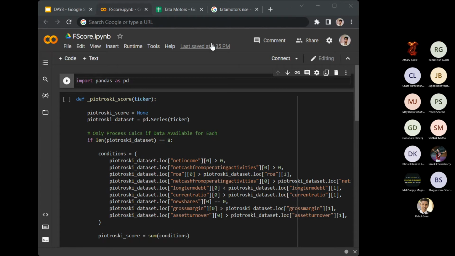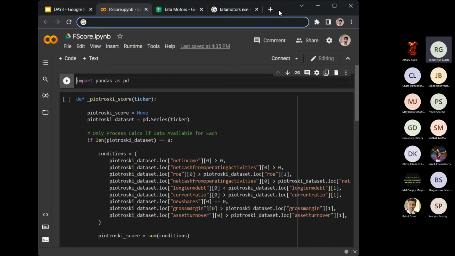Could you please repeat that? By calculating PE in the spreadsheet, I have taken the max of two numbers, that is zero and share price divided by earning per share. So if somehow the earning per share gets negative, the maximum of zero and negative is always zero. So that's how it's coming to be zero. Whenever PE is going negative from the formula, I'm just making it zero. Okay.